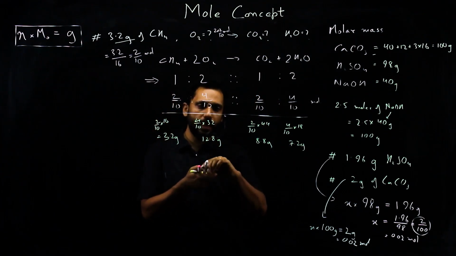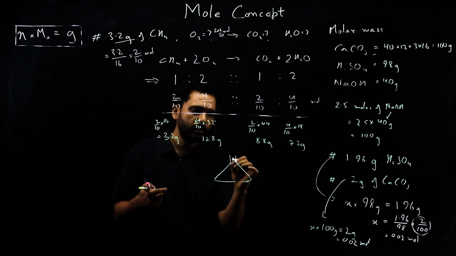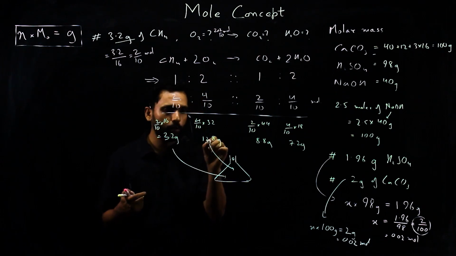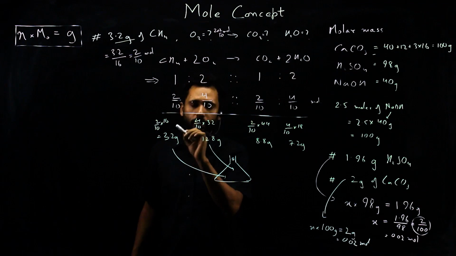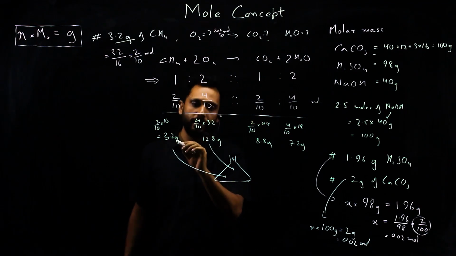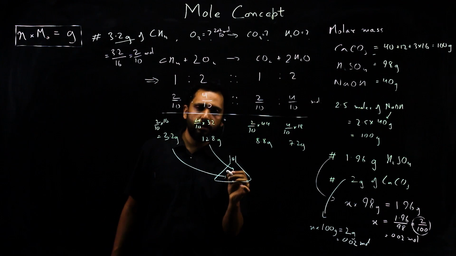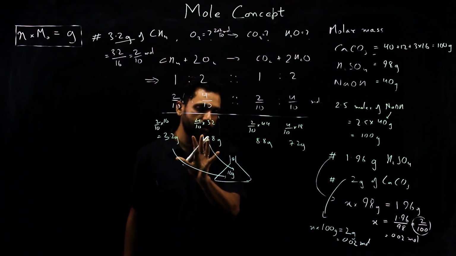So basically what has happened is, say you had a reaction flask and you had put in this oxygen and methane. Exactly 12.8 grams of oxygen will react with 3.2 grams of methane. So that is totally 12.8 plus 3.2, which is 16 grams. So you had 16 grams of the stuff, of the reactants, inside.